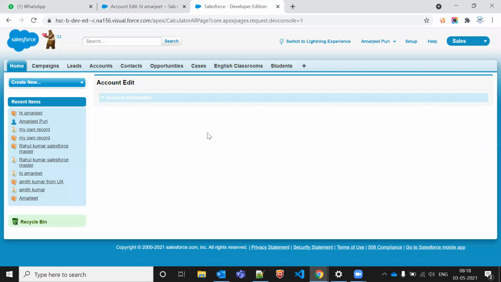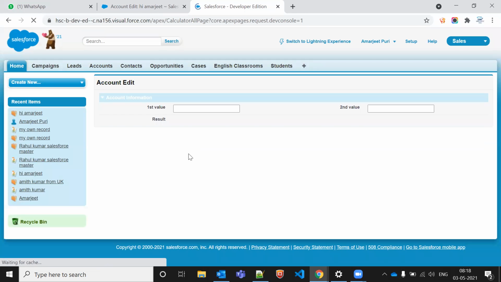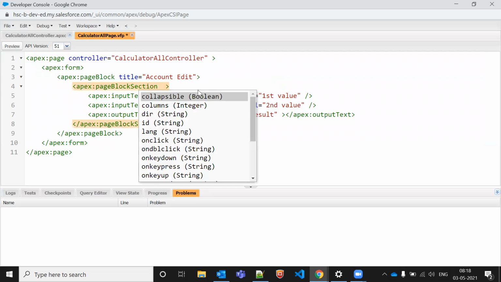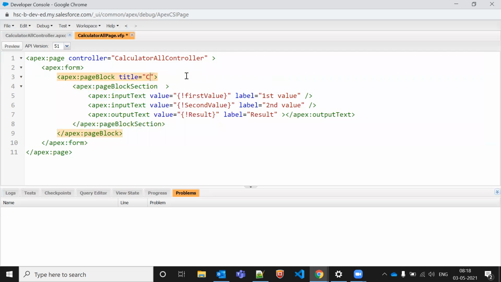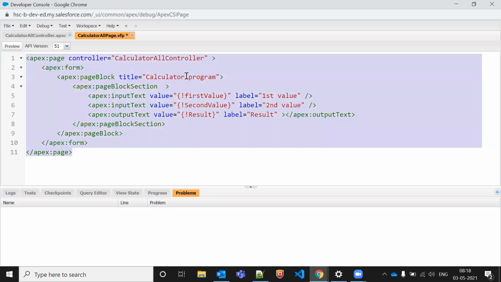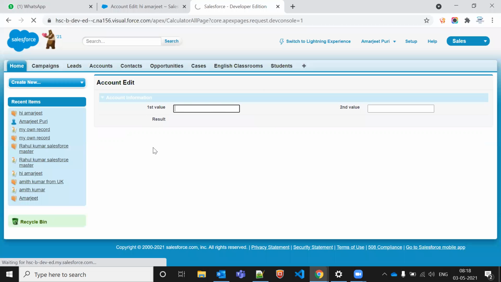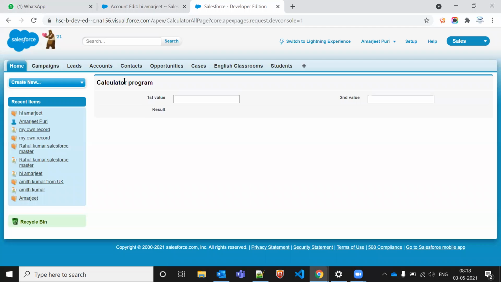So now I'll be able to see all these things, and here I don't need to write any account edit and all account information and all. I can say calculator program, and I'll add the calculator program.